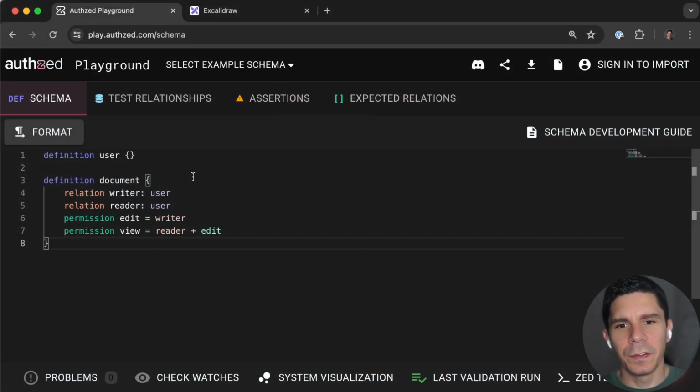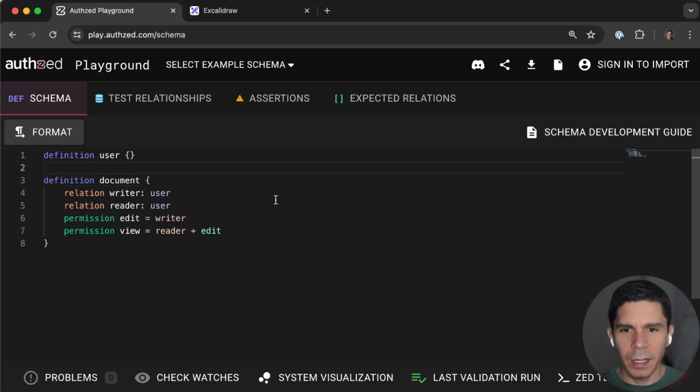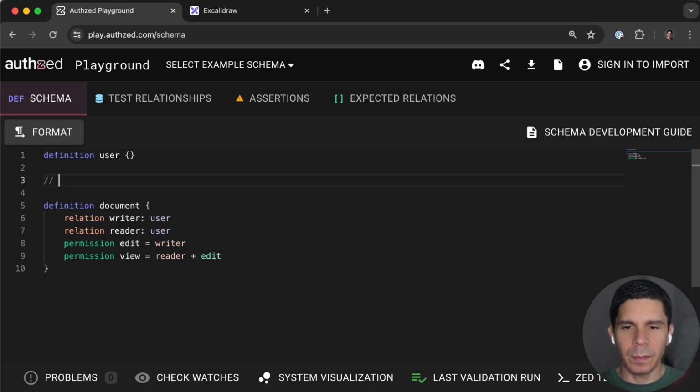Okay, so starting from our standard RBAC schema, we're going to go ahead and add some ABAC style things. So one thing that we get asked about is sometimes documents are high sensitivity. And in order to be able to access a document, the user must have an equivalent level to the sensitivity of the document. So in ABAC, this might manifest itself as saying like document requires clearance. And we could say high, for example, and then we could say like user clearance